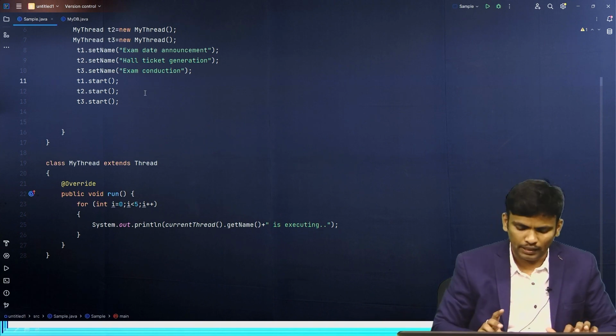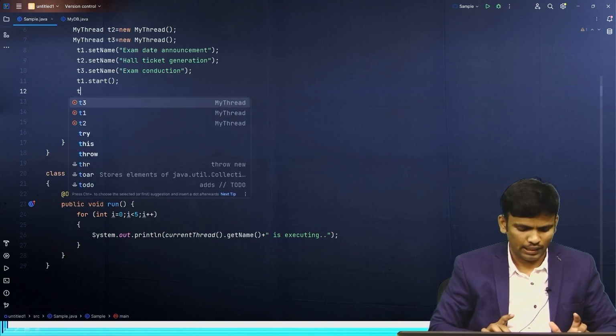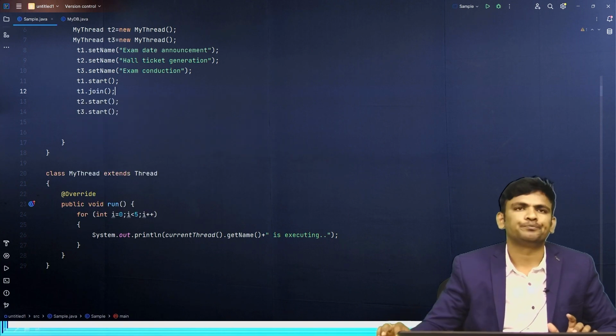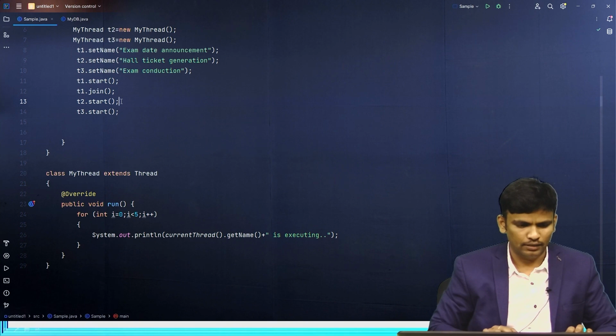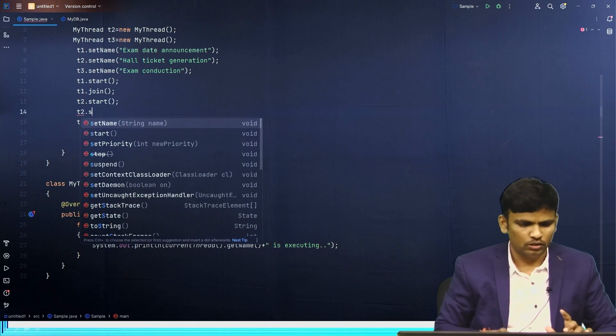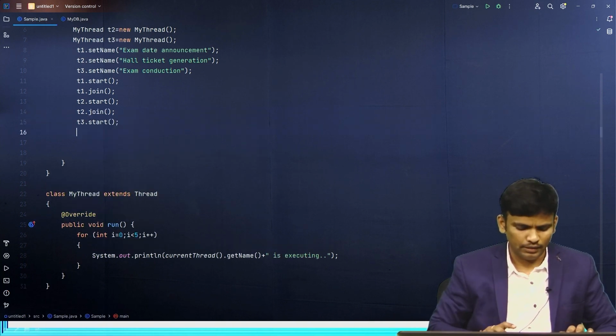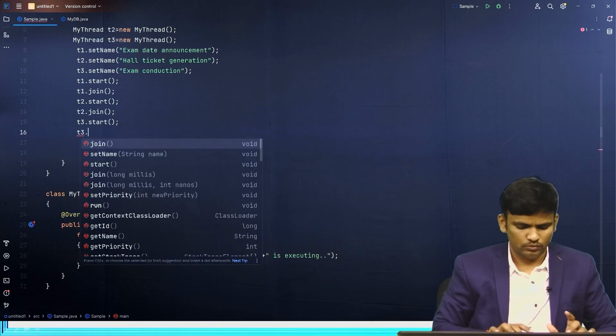To make them interdependent, after starting T1, T2 and T3 must be in the waiting stage. So I will call the T1.join method. Next, after T2 is executing, the remaining thread T3 must be joining. So for T2 you need to call the join method,